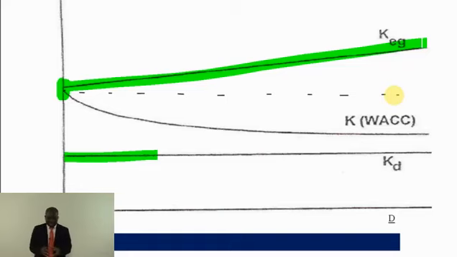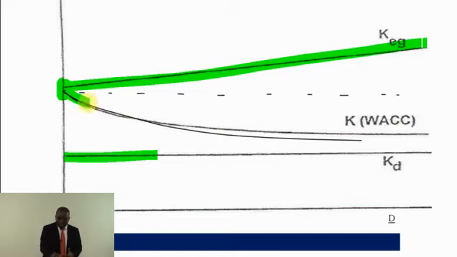When they came to 1963, they said that we have brought in corporation tax. And where there is corporation tax, interest on the debt is a tax allowable expense. So if interest is a tax allowable expense, then we are going to make an extra advantage by bringing in the debt. That extra benefit of the tax savings on the interest will now outweigh the increase in the cost of equity, and therefore your WACC should be falling. That's why you see the WACC falling.